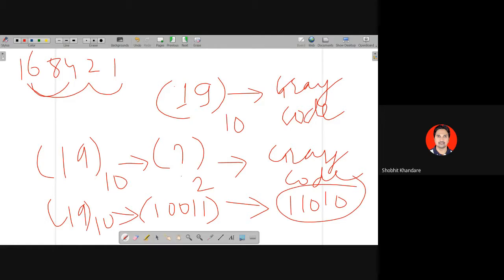Yes, this is how you have to carry out the conversion. It depends upon आपको कैसे क्वेश्चन पूछे जाते, and depending upon that you will get the answer. Shall we proceed further now? Any question about the gray code?